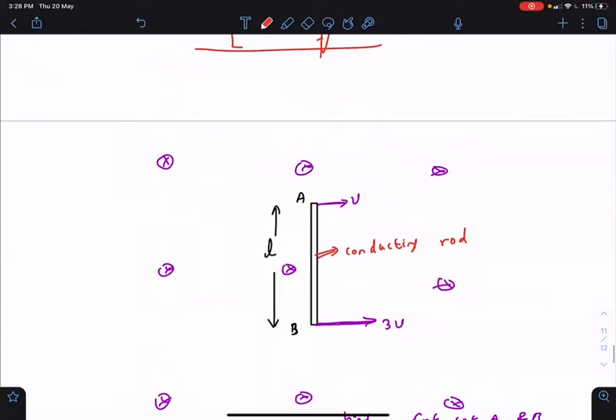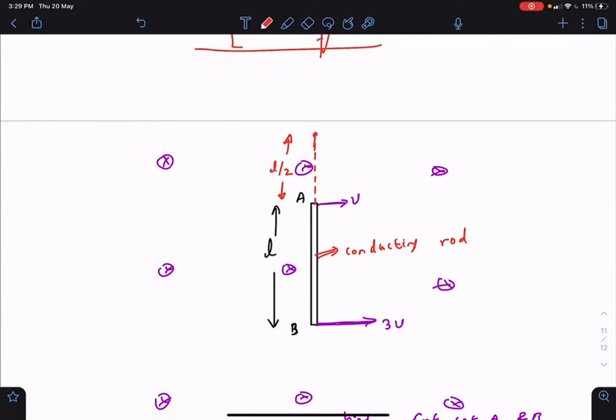Okay, so here you have first found out the instantaneous axis. Where did you get that? At a distance L by 2. I took it as equivalent to center of mass having 2V and the two ends having V and V in opposite directions. Because of V and V, there will be zero EMF, sir. So because of 2V, the EMF will be induced, sir. Correct. So that is also one way.